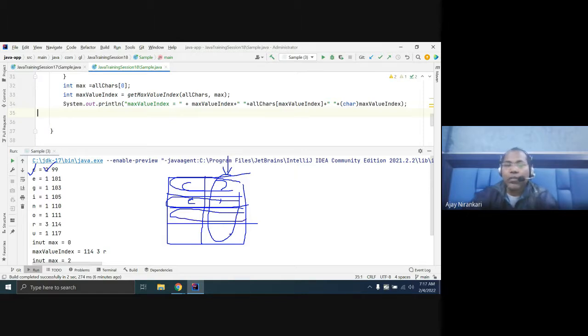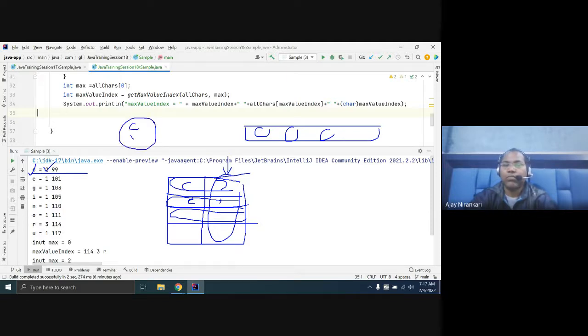Or another option, if you don't know hash map, you can create an array of objects.